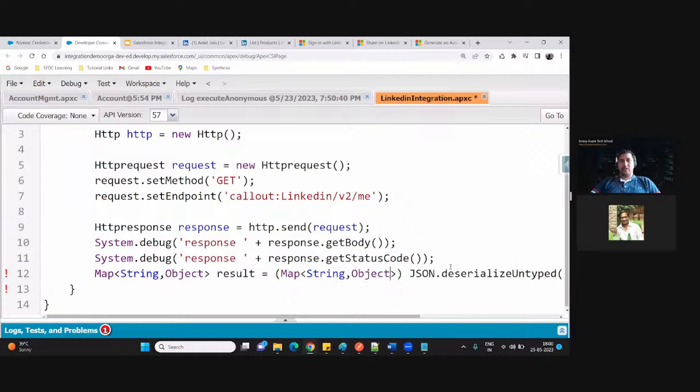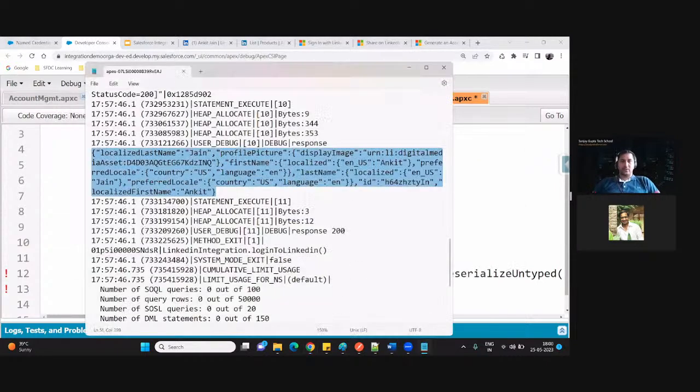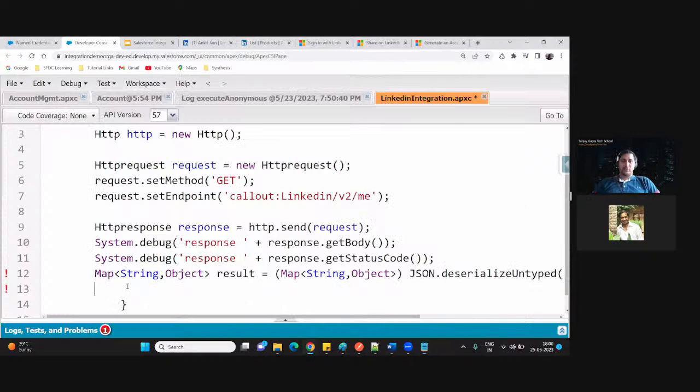Right? So what we got here is a map. Now from this map, we have to get which value? If I again follow this, from the map I have to get this ID value. So let me go and get the value from the map.